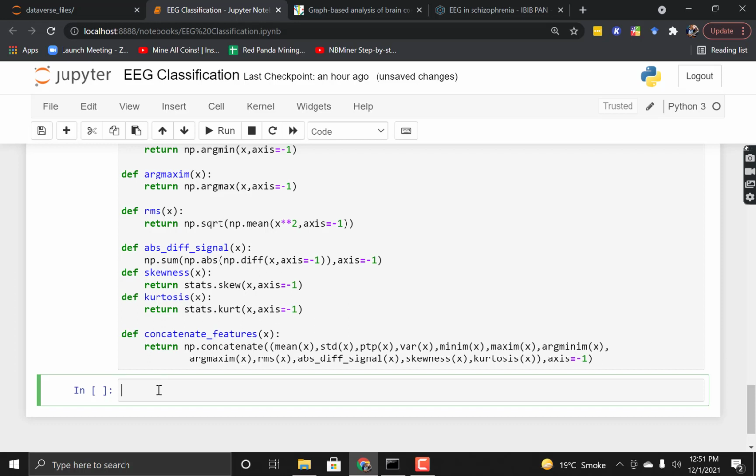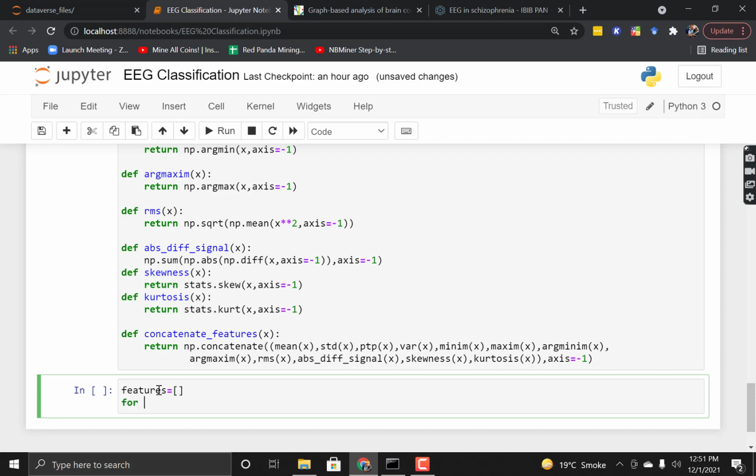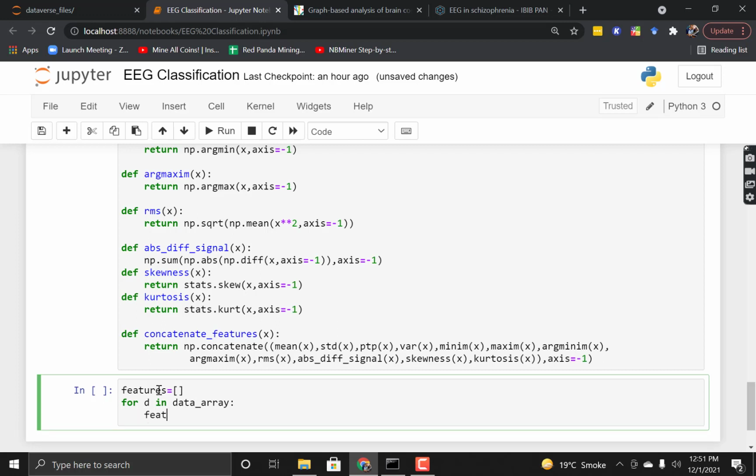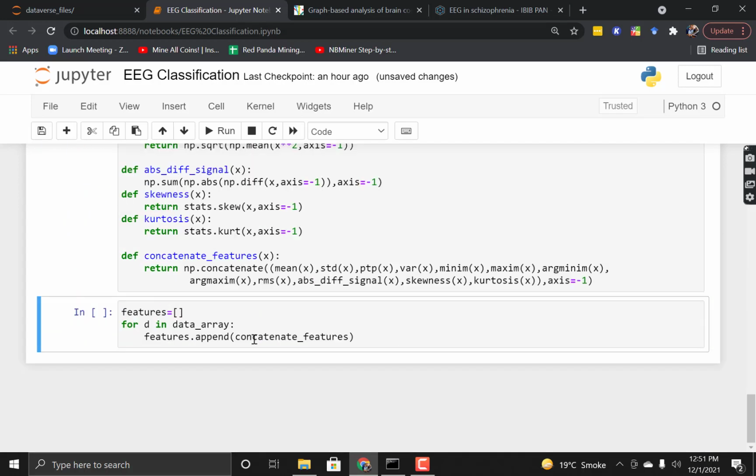First create a features list to store the extracted features. Then for d in data array, features.append concatenate, and pass this.